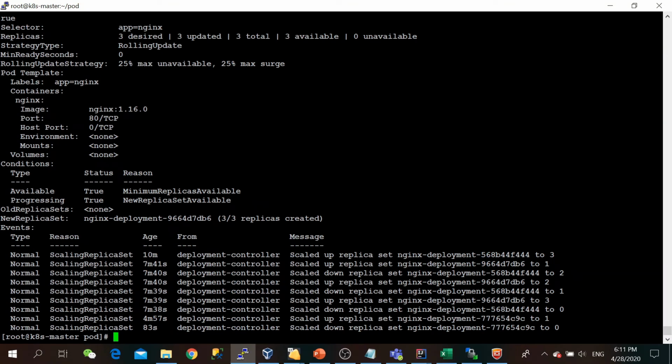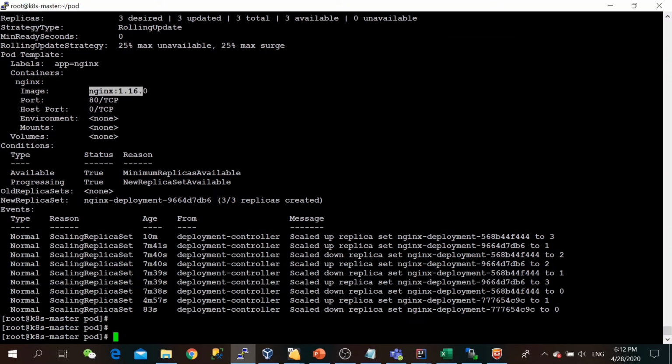So we see that previously we tried to upgrade to version 1.161, and before that the version was 1.16. Since that upgrade went into a faulty state, we reverted again. We have successfully done the rollout process, and now it comes up with the same nginx image.